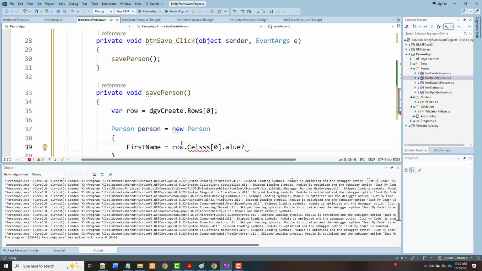Let's account for nulls. That's the question mark. Dot. Oh my goodness. To string,